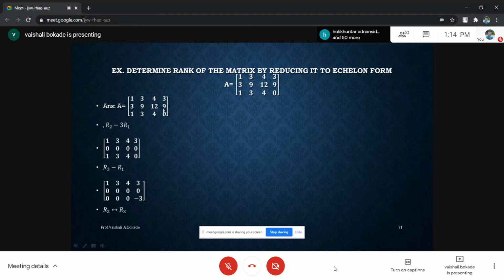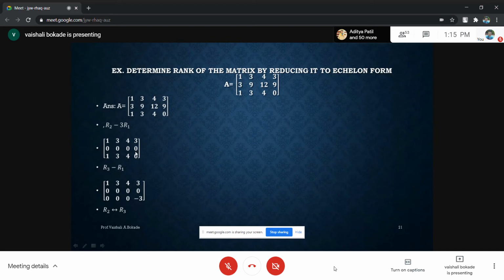Whether it is echelon form, normal form, or PAQ form, you can directly convert one of the rows to be 0 if it is possible, if it is a proper row transformation. So by using this row transformation, I'm directly getting R2 as a 0 row. According to echelon form, whenever I'm having a 0 row, I have to transfer that 0 row to the bottom by interchanging R2 and R3. So I will go for transferring this R2 0 row to the bottom.